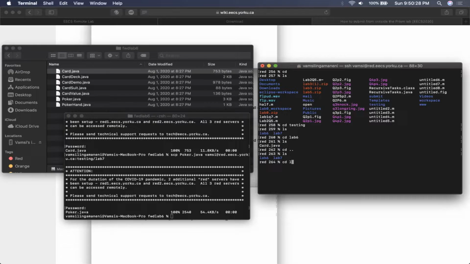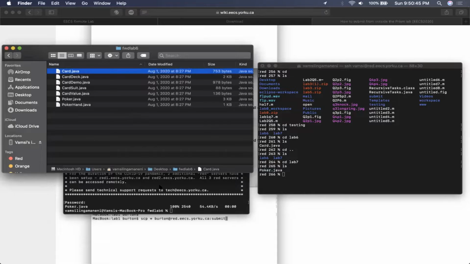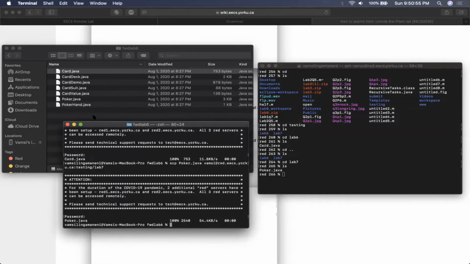So hey, let's just check if poker.java is transferred to lab 7. It is. So there's that. That's basically how you transfer files from your local desktop, using Mac or Linux, to the red.ecs server. And I think one more thing I was going to show is, oh yeah,